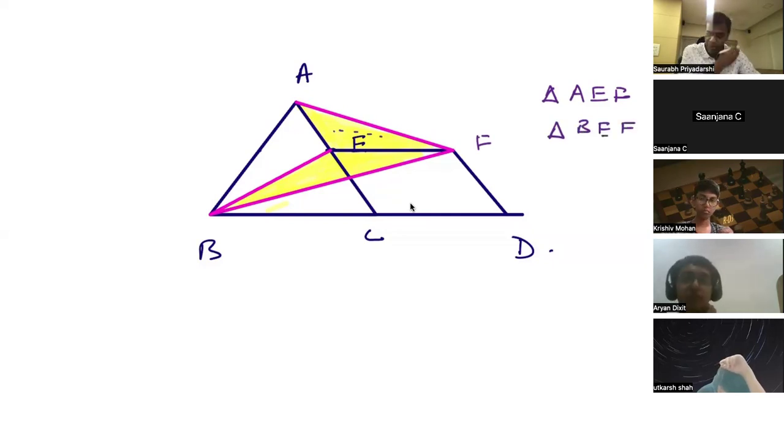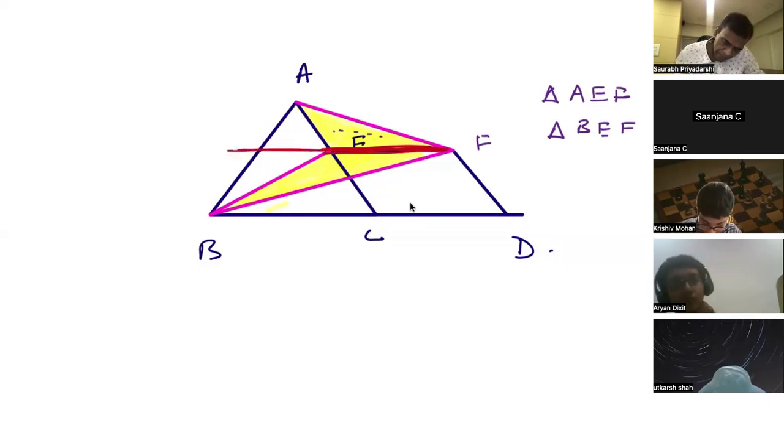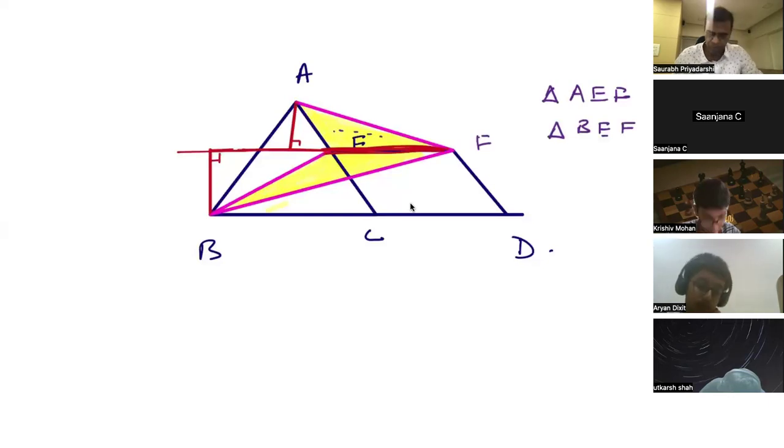Since AEF and BEF both are on the line EF, right? So can I say this, if I'm extending this line, so I can drop perpendicular from A and I can drop perpendicular from B. See this carefully,